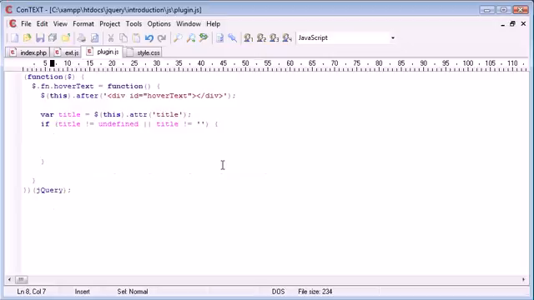Okay, so inside of here we want to go ahead and actually start to create an event handler for when the mouse goes over a link, because that's the only time we want to go ahead and actually display this div in the mouse position. So again, we use this to select the current link or the current element that we're over, and we want to use the mouse move event handler. Now we do more or less exactly, oh sorry, that